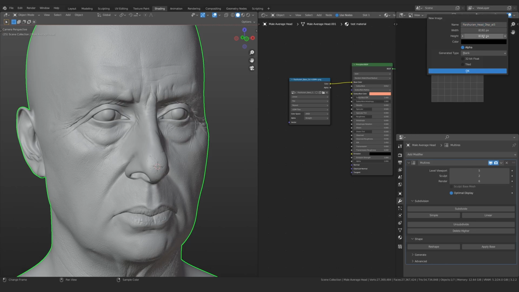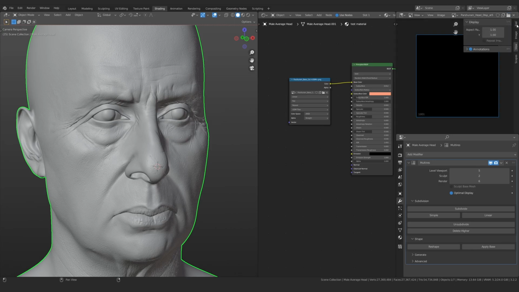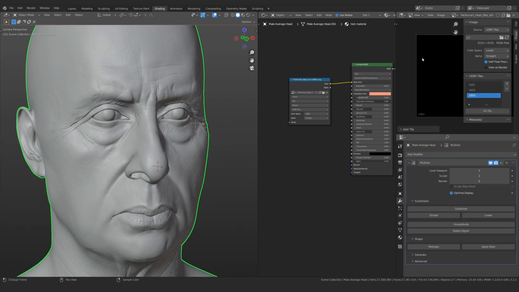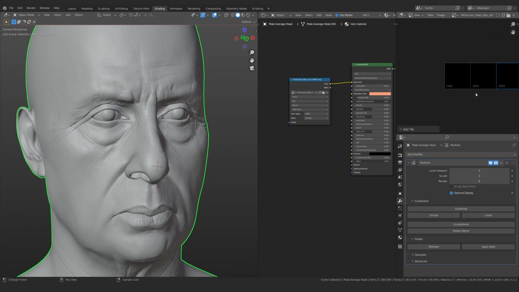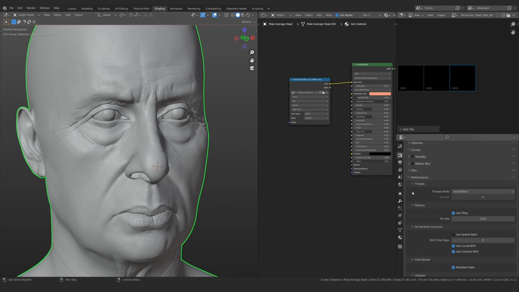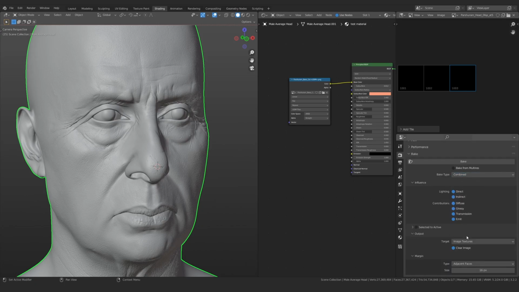And you can see that I'm basically just using an 8K map, and that 8K map is also gonna be the UDIM. So we are gonna be having two extra UDIMs for it, which means three maps. So we are gonna be using three 8K maps because that's how we've set up our UVs. And now let's actually go into the bake.